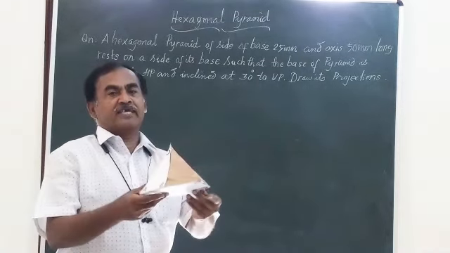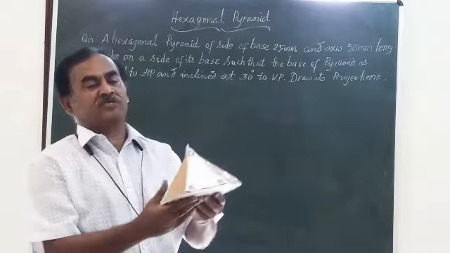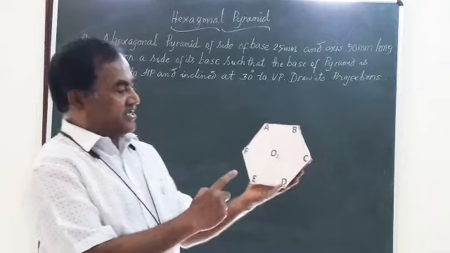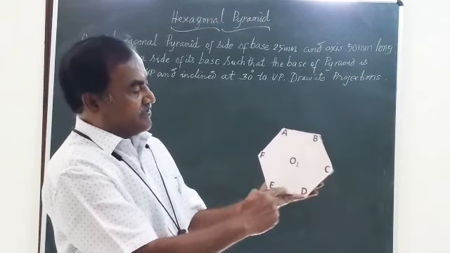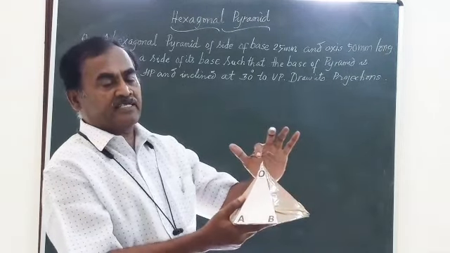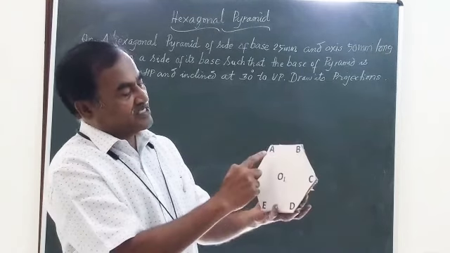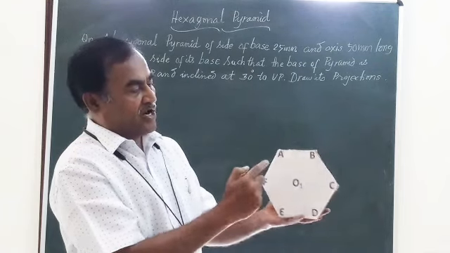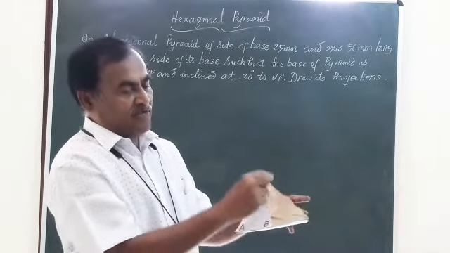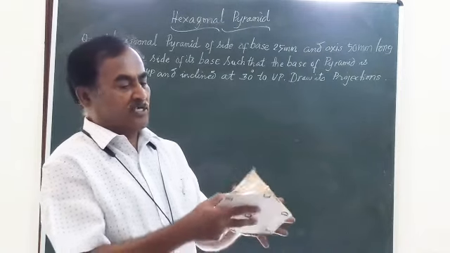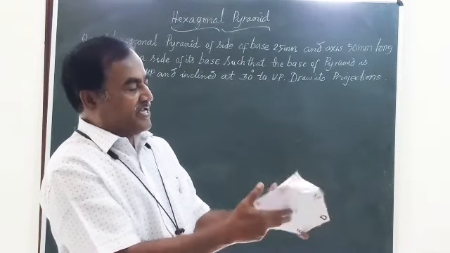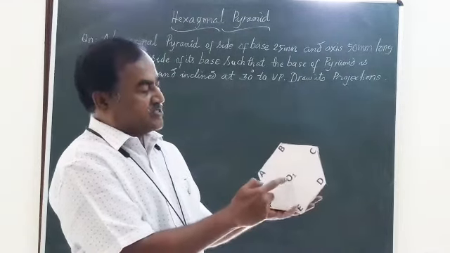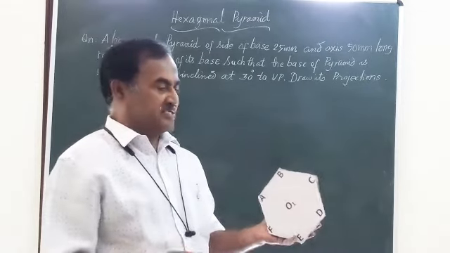I am going to show you the hexagonal pyramid and its different nomenclature. See dear friends, this is a hexagonal pyramid. As the name indicates, it has 6 sides in the base of the solid. There is a vertex represented by O, and all these 6 corners of the base A, B, C, D, E and F are connected to the vertex by a number of lines called the slant edges. We have O1 as the center of the base, O is the vertex, and the imaginary line connecting the vertex to the center of the base is called the axis.